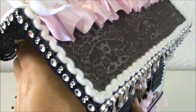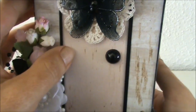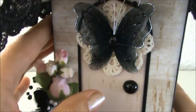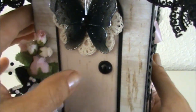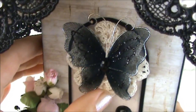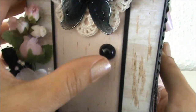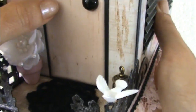And this is the front side. I created this door. I drew everything. I created templates for everything, and yeah, I really had a lot of fun creating this from the Whiskas boxes. I have a crochet doily that I made underneath this beautiful butterfly from Natasha's store, and the door doesn't open. I have a flat back pearl from my stash,